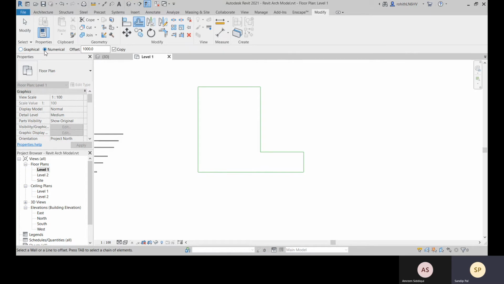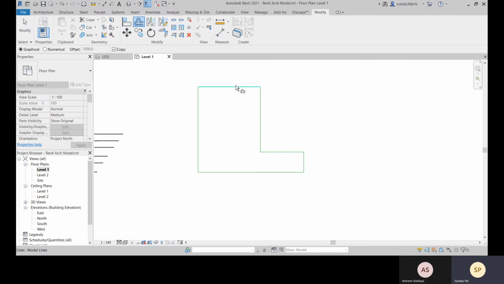We mention graphical or numerical, and then you specify the offset value. Let me show you with the graphical. Let me select this. If I want to select the whole chain of lines, I press Tab.